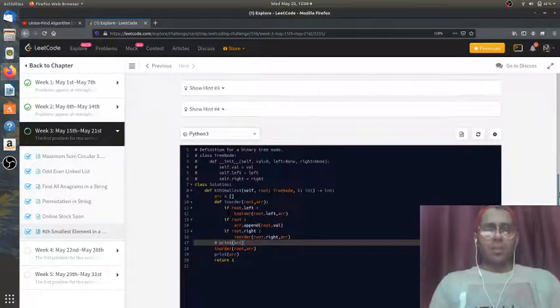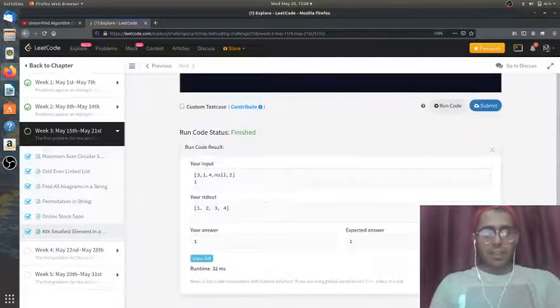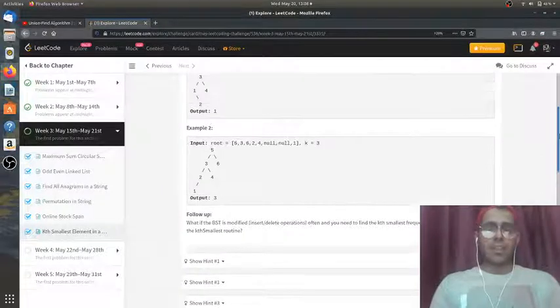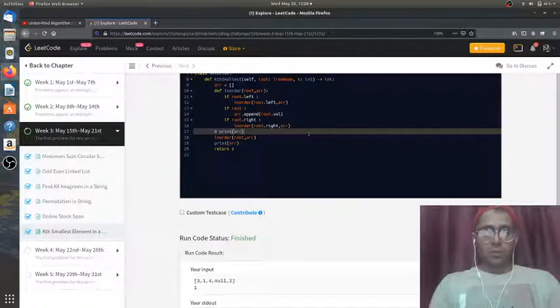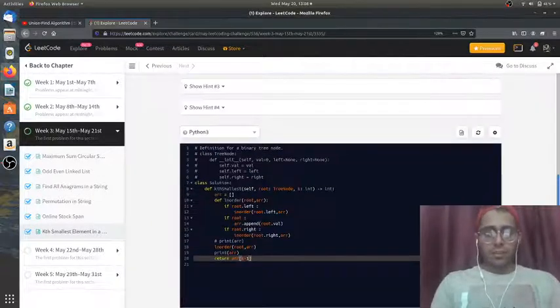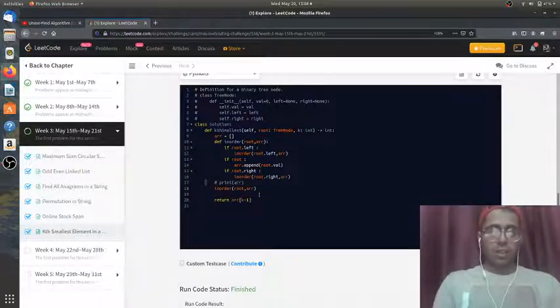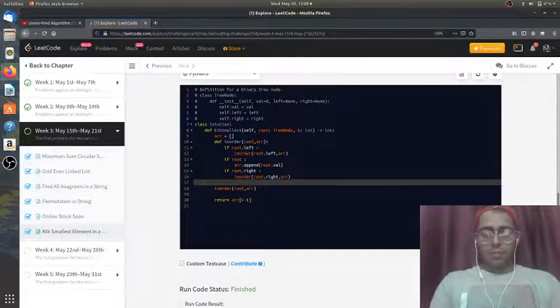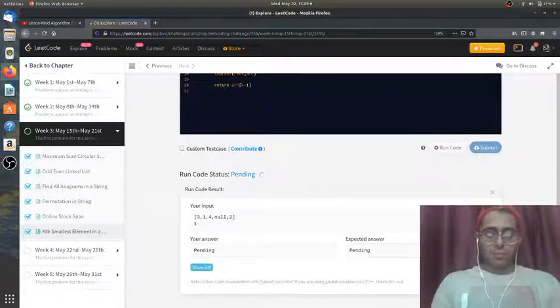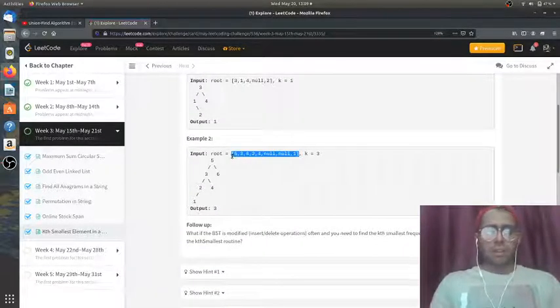So now our task is to print out the kth element. k is 1, and it's printing out 1, so k uses 1-based indexing. So we need to just return the element at index k minus 1, and I'll just check whether k is correct or not. Yeah, k is correct. So let's just run this code. And it's correct. We can also test some other test cases.